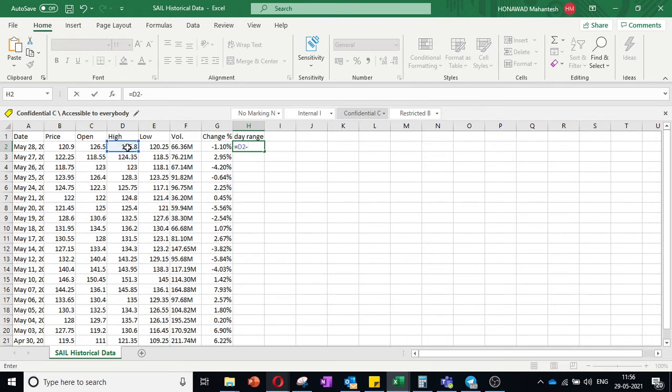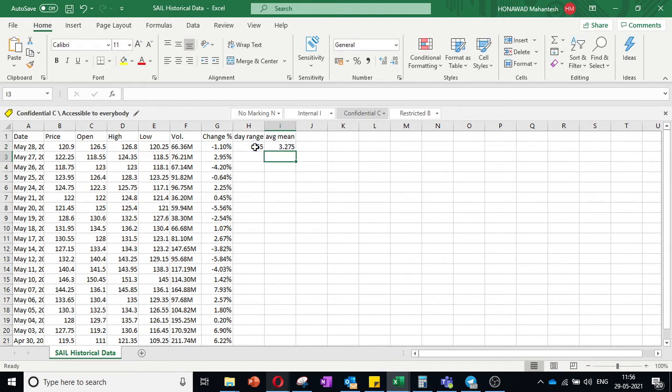I minus 655. Average means movement divided by 2. So 3.275. You need only 0.2 points and 0.8 as this one. So like this stock, if you take it only, you can do a day trade and you can have minimum 500